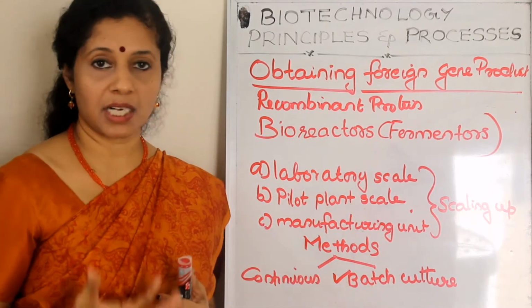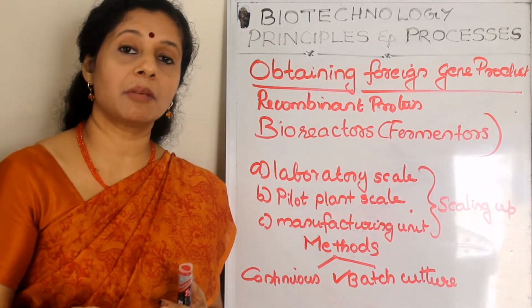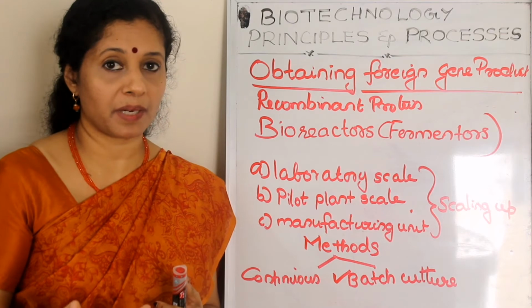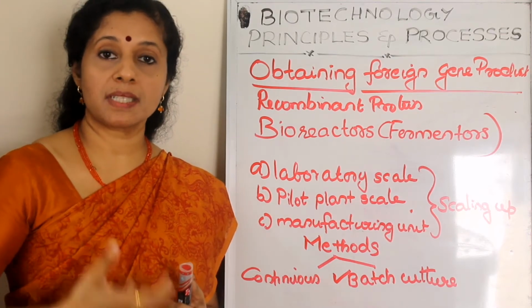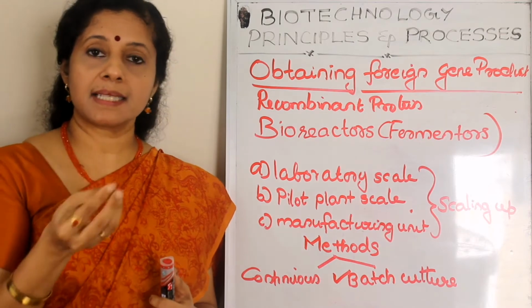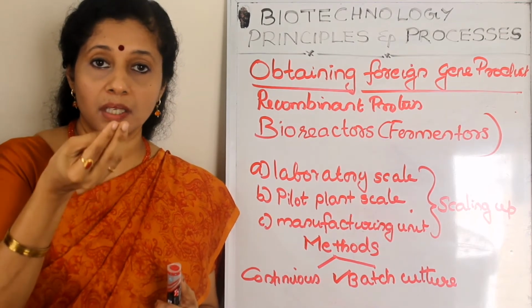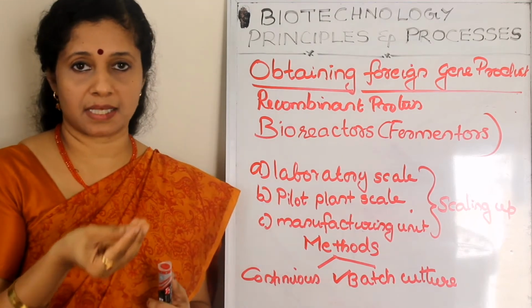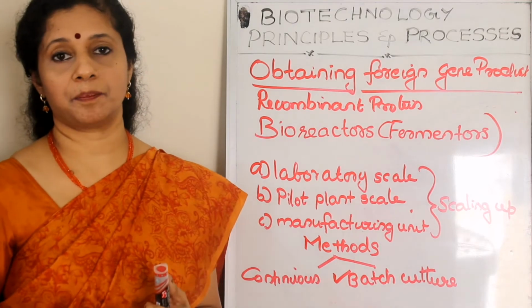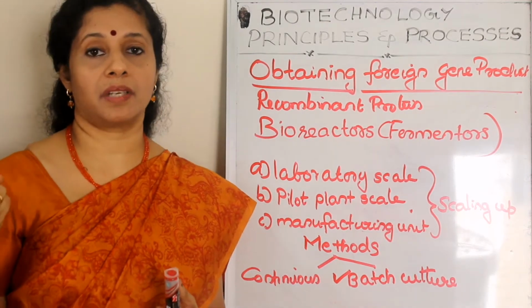Suppose I am taking the culture medium. The culture medium should include the nutrients required for the microbe. Our host cell is a microbe, right? The nutrients, then salts, vitamins, hormones, everything should be added to it. And some inoculum also we should add. Inoculum means the starter, or our recombinant DNA containing transformant cells or the host cells, should be given to the bioreactor. So we will run the system till we get maximum product out of it.